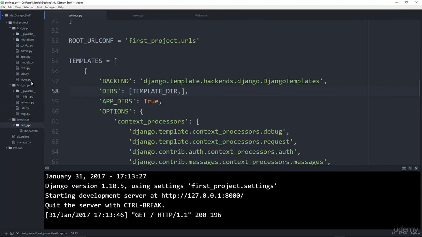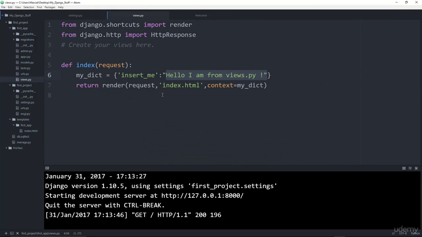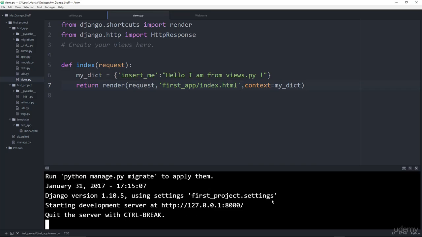And the next thing I have to do is come back to views.py, and here I will call first_app, and then actually call the index there. And this slash should actually go the other way. And this slash is okay to go that way because this is basically what your browser is going to be reading. So we will save that, and let's check it again, make sure everything worked,